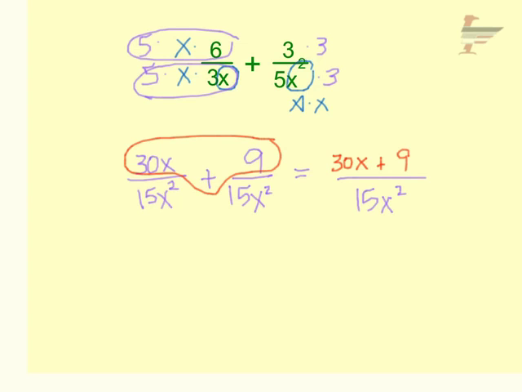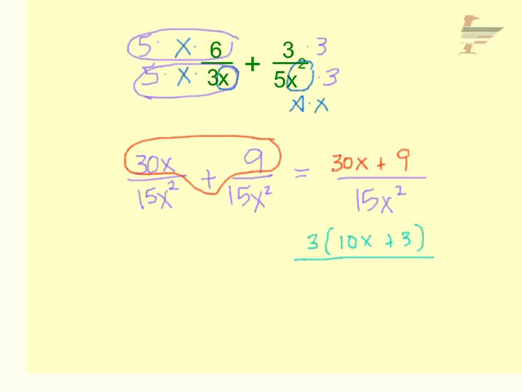So here's how we do simplifying of these. It's tempting to say, hey, I've got a 30x and a 15x squared, and let me go ahead and cancel some things. I could divide these both by 15 and end up with a 2, or the x's might cancel. What you want to be careful of is this plus sign right here. If you have a plus or minus, you can't just start canceling things out. You do need to separate it with multiplication before you can make something cancel. What I mean by that is if you look at the 30x plus 9, we could factor out a 3, and we're left with 10x plus 3 over